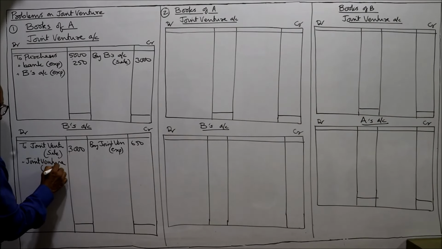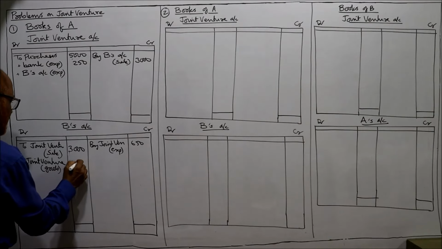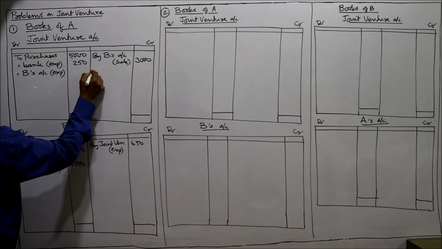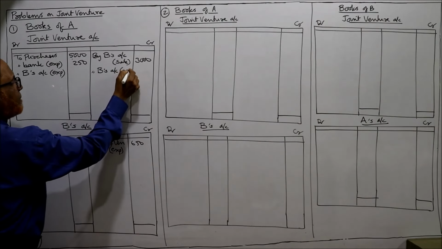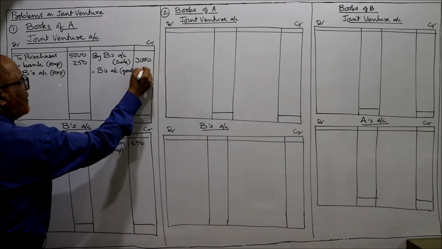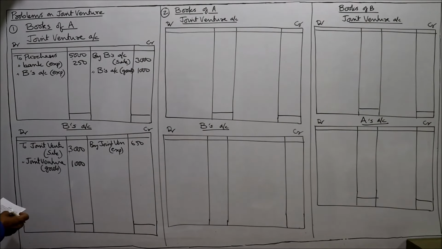Goods taken. How much goods taken? 1,000 worth of goods he has taken. Joint venture credit side by B's account, goods taken 1,000. Next, at the date of close, A takes over the balance of stock in hand which is valued